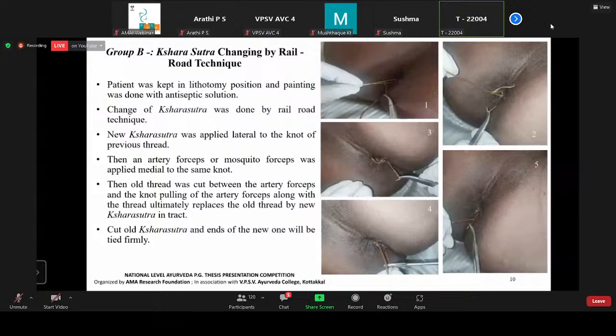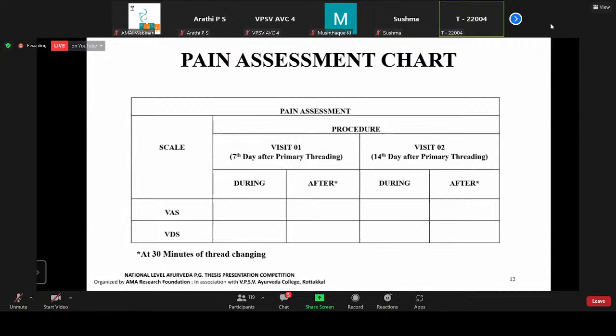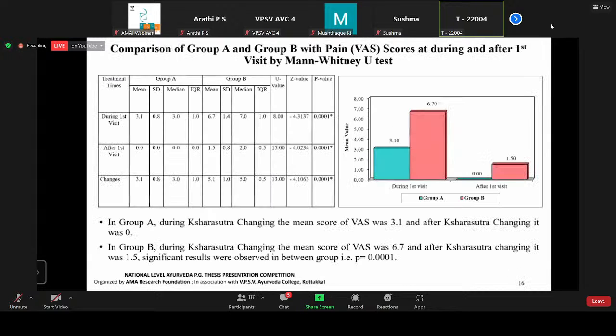Now, the assessment criterion is only pain, which is based on the Visual Analog Scale chart and the Verbal Descriptive Scale chart shown in this picture. Now coming to the assessment chart, the patients included in my thesis visited 2 times. One is after primary dressing, where we check VAS and VDS during and after, and after 14 days we check during and after again. Now coming to observation, comparison of group A and group B with VAS score at during and